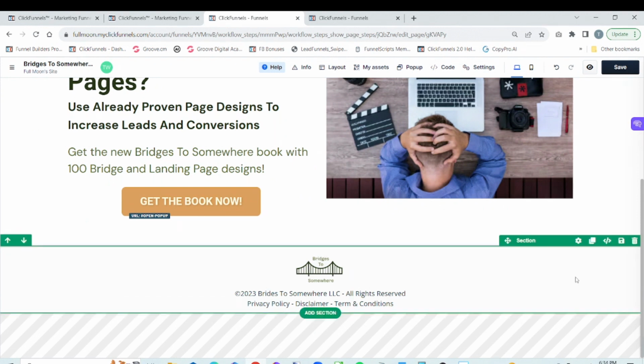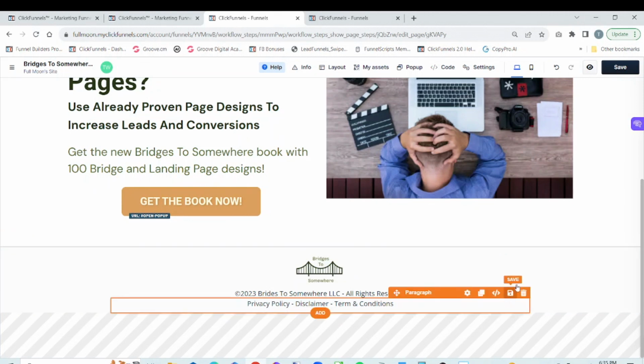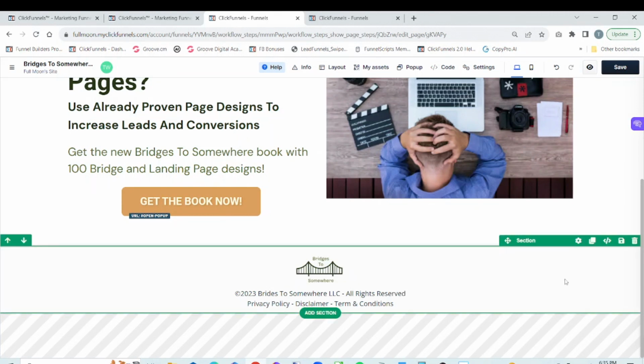Okay. Now we got our footer, and normally you would have gone ahead and put in your links to your privacy policy and disclaimer, terms and conditions, whatever. At this point, once you're happy with your footer, what we want to do is go to our section and click on Save,